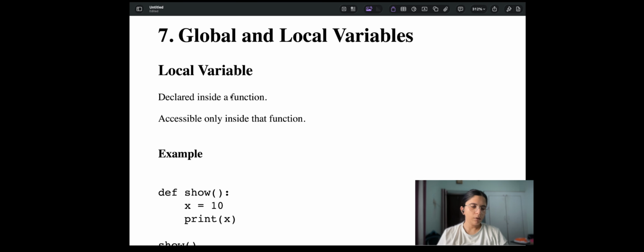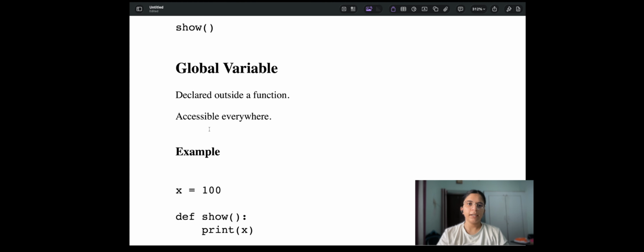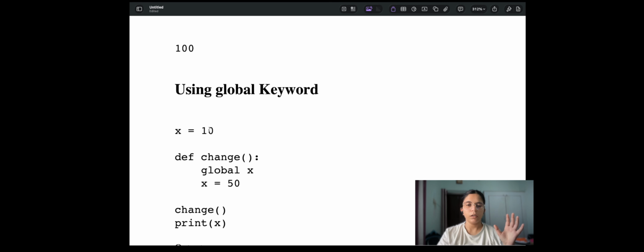So what is a local variable? A local variable is declared inside a function and is accessible only inside that function. A global variable is declared outside a function and is accessible everywhere.